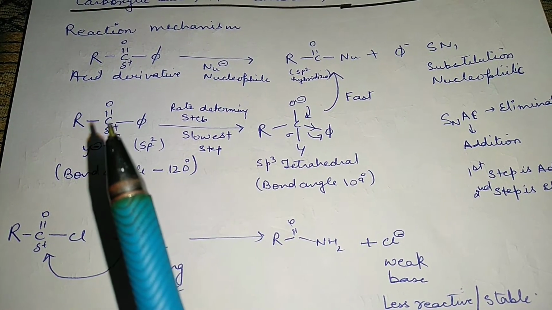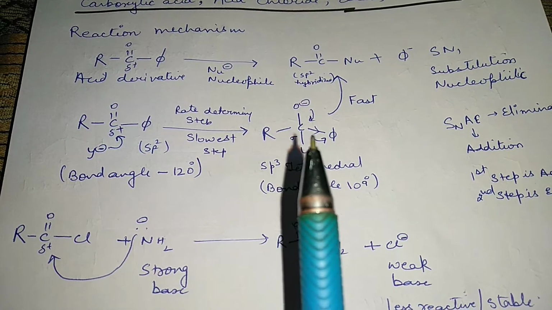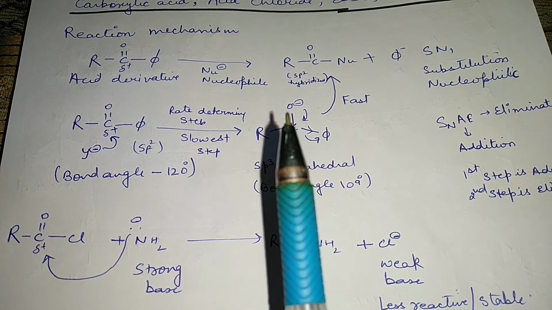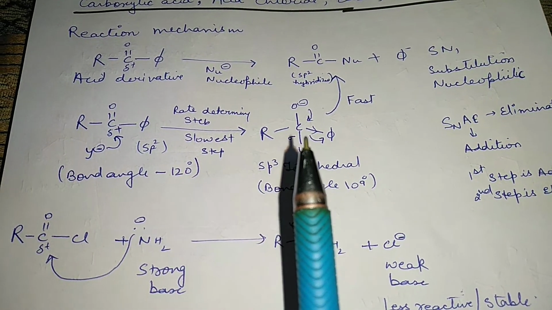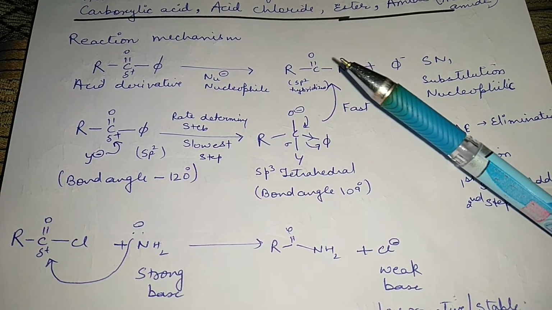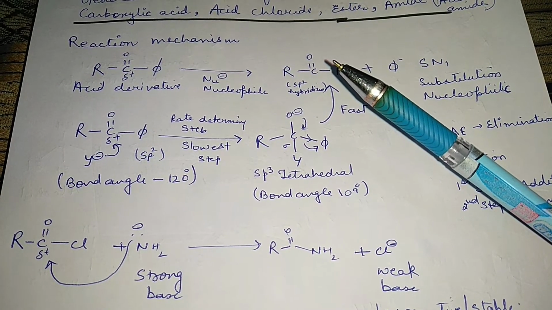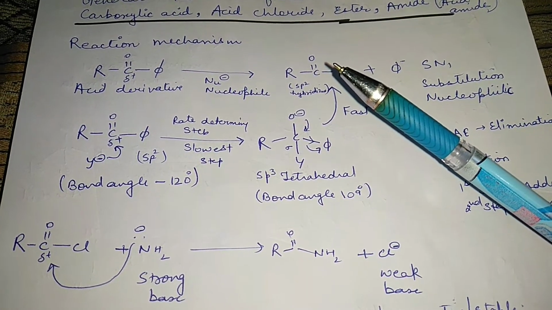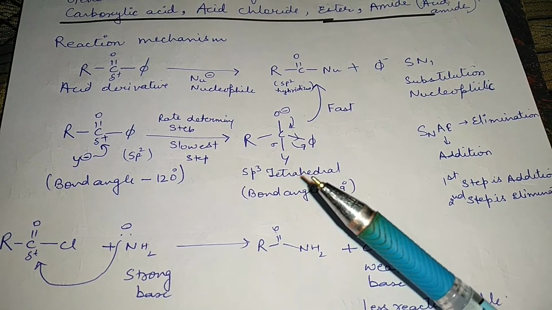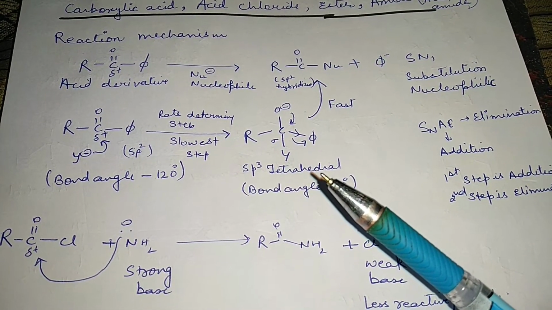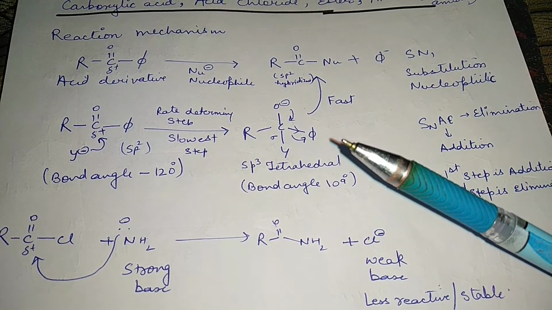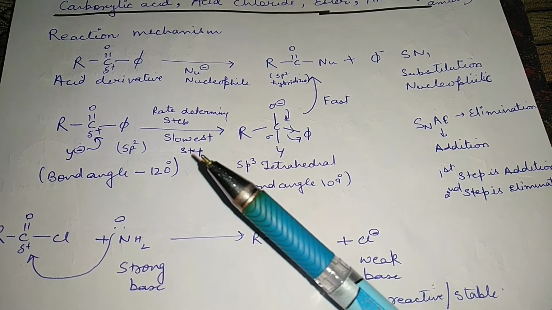Here you can see, because there is a double bond, this carbon is sp2 hybridized. When Y gets attached to this carbon, there is a formation of a sigma bond. And this lone pair of electrons comes back, so there will be a substitution. In the next step, there will be a formation of a new compound. Here again there is a formation of an sp2 hybridized carbon, because there will be a formation of a double bond. So first there is an sp2 carbon, it gets converted into an sp3 carbon, that is, the geometry will be tetrahedral. Here the bond angle is 120 degree. In this compound the bond angle would be 109 degree. This step is a fast step. This one is the slowest step.